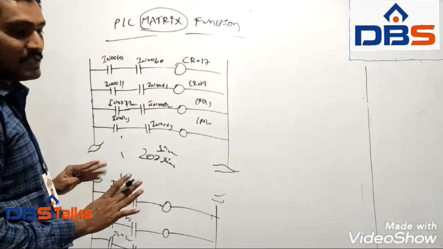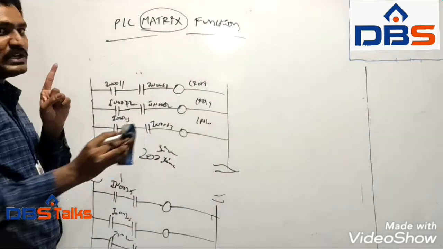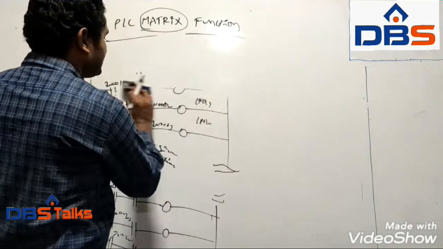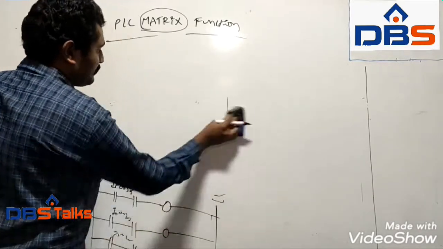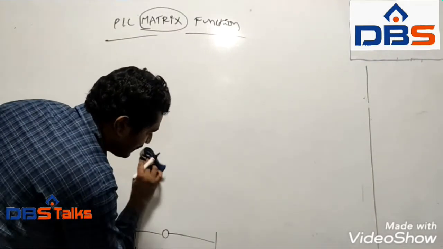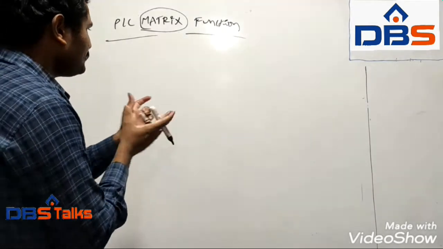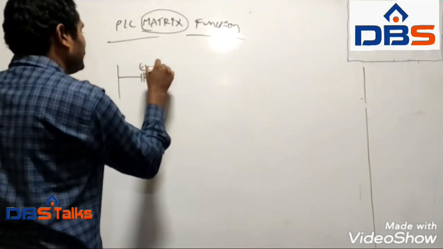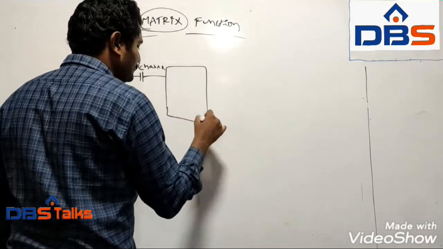By using the AND gate conventionally this takes many lines, but with the PLC matrix function we use only one matrix function, which is enough to control 207 lines of any program. Here I am using the AND function to reduce the program length to one single matrix function. Here is the basic diagram of the AND function, with an enabling input.